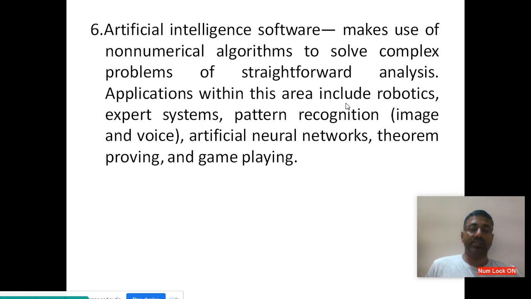These are all called that. And nowadays, game playing, in the sense of live streams, comes from the internet. Nowadays data science plays a vital role, and big data plays a vital role. Based on that, we are creating an intelligent system. That kind of software is called artificial intelligence software. This is very important. Okay, so this is the sixth one. These are all the things we have to discuss here for the various applications.